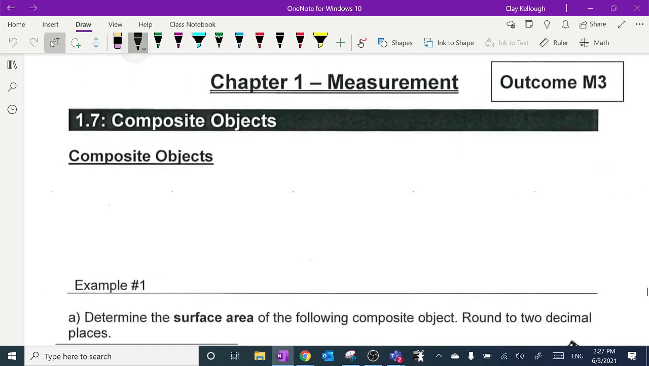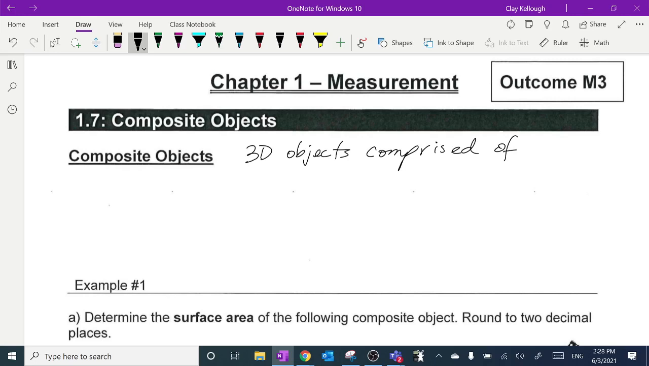Okay, what do we mean by composite objects? Well, what we mean is three-dimensional objects comprised of... notice comprise and compose kind of have the same prefix. Comprise means made up of. So 3D objects made up of regular 3D